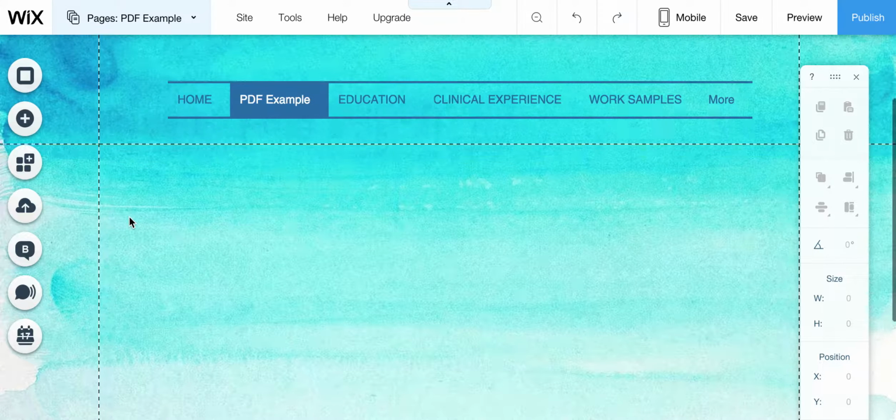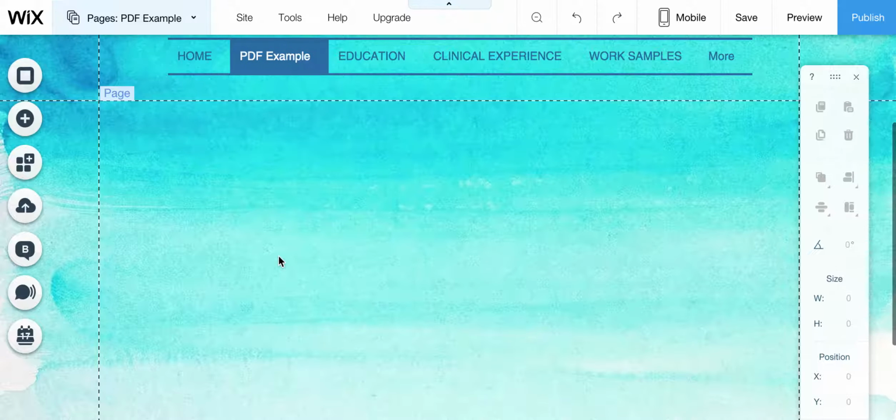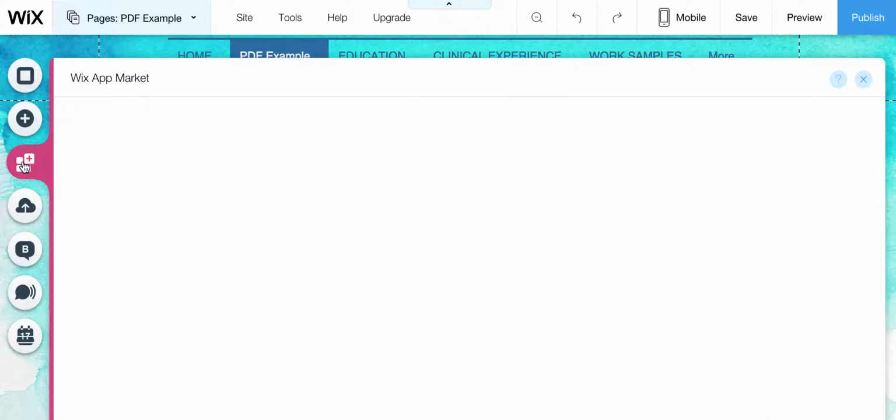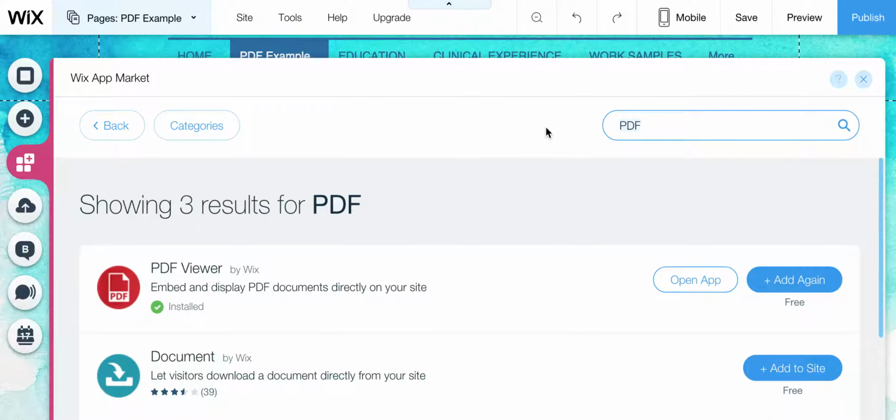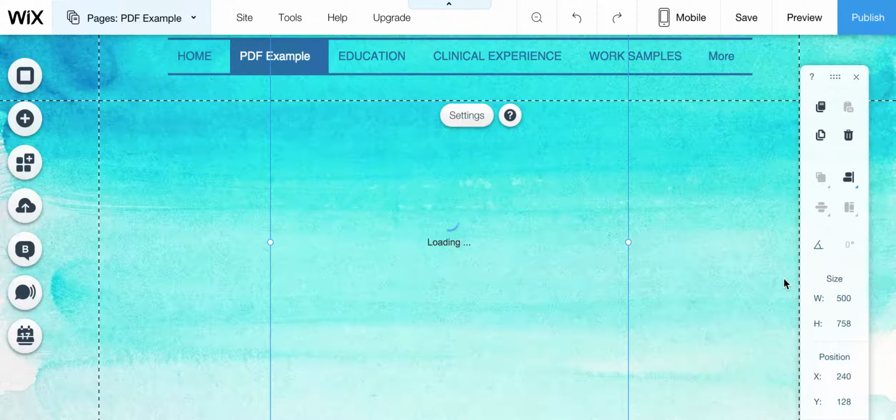So what you do is you go to the page where you want to insert the PDF, and you go over here to this button, Add Apps. You type in PDF up here. It already came up because I was looking at it, and a PDF viewer will show up. So I've already installed it, so I'm going to click Add Again, but you'll want to add it to your site. So I'll click Add Again,